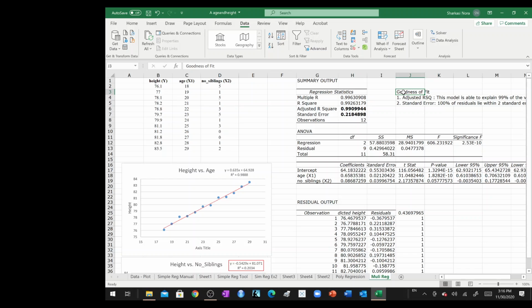So guys, after the goodness of fit, after we consider the adjusted R square and the standard error, we make sure that a minimum of 95% of our residuals or errors lie within two standard errors. Then we move next to the ANOVA table and look at the significance. Over here, the threshold to refute the null hypothesis is 0.05. We talked about what the null hypothesis is here. The null hypothesis indicates that this model in totality, with all the independent variables, is not in fact